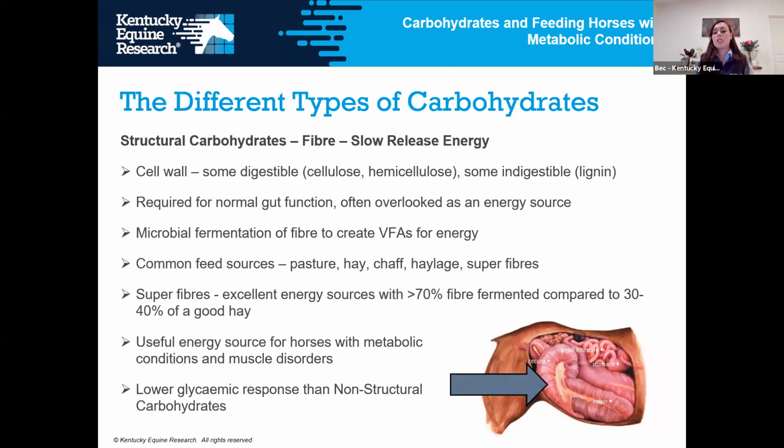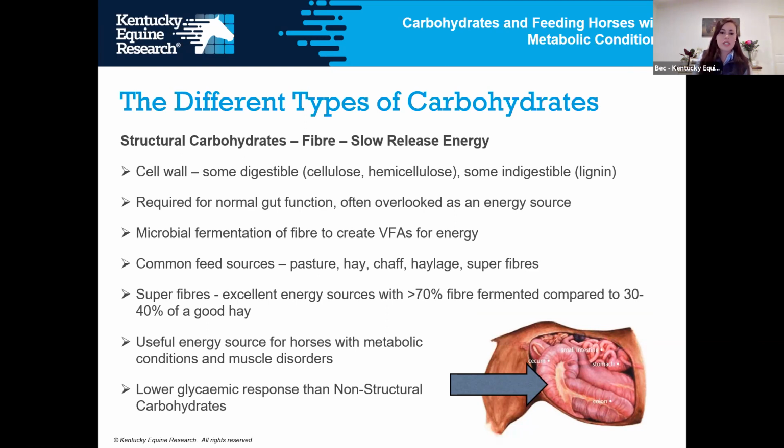Then we do have some indigestible compounds as well, and David will touch on this very briefly when we look at hay and pasture analysis in a moment. And this is lignin, and this lignin is something that we do need to consider, and we can use a little bit to our advantage when we get to obese horses, because we actually don't want them to be able to extract a lot of calories out of their food, but we need to give them volume of fibre to keep their digestive system happy. So we'll touch on that a little bit later, and we typically see higher amounts of lignin in stalkier, more mature hays and pastures. So these are really, really important for normal gut function,